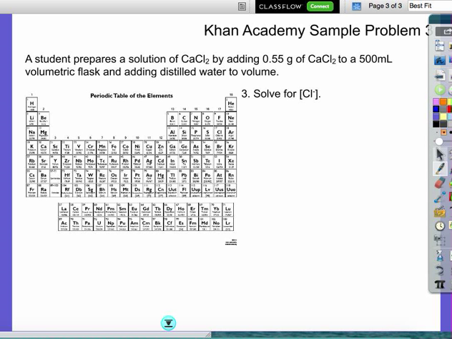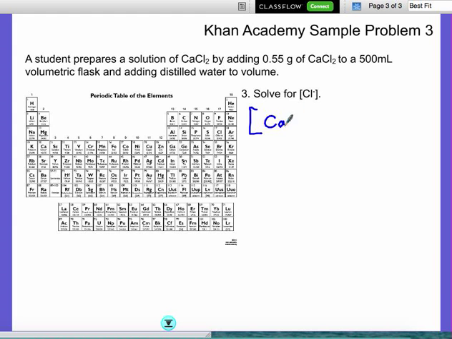Let's look at another problem. A student prepares a solution of CaCl2, it's the same one. We already know from our last problem that the concentration of,